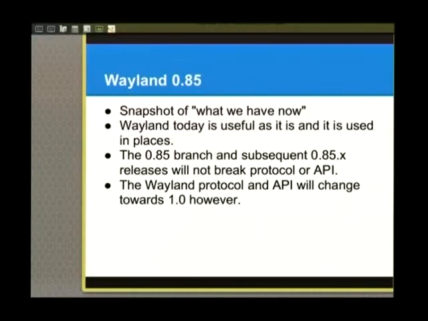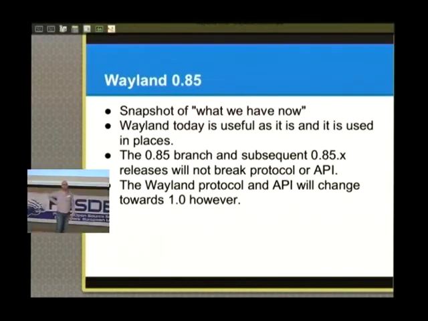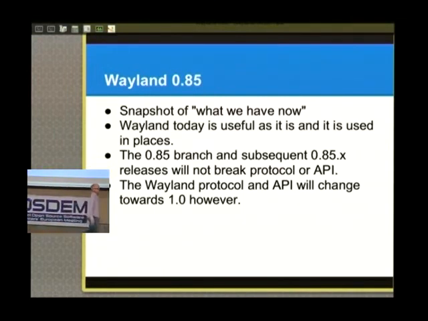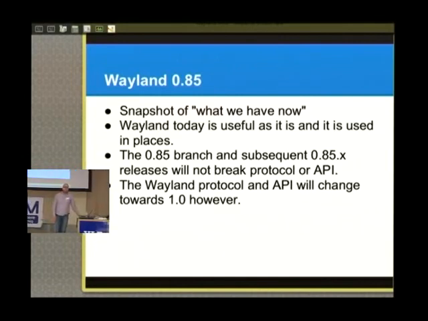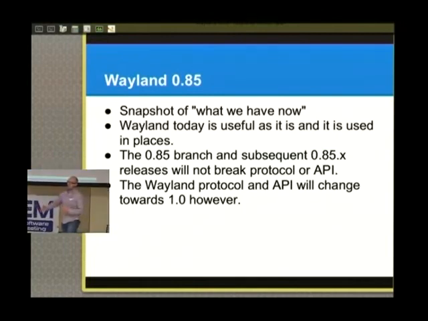So this is just what I just said, elaborating on the snapshot. The thing is, Wayland, as it is now, is actually used in different projects, and I only know of a few of them. I think it's out there being used by a lot of people. So what we're doing with 0.85 is making a snapshot now, because this is useful as it is. We're going to move things around and we're going to break things, but let's make a stable branch for what we have now, and we can maintain that in the fixed box and keep that alive. But at the same time, we are going to break the API and the protocol.